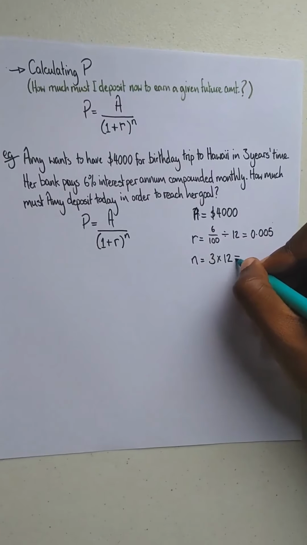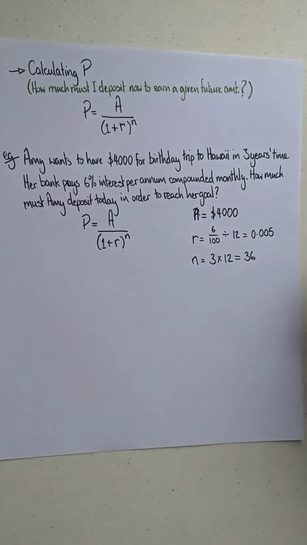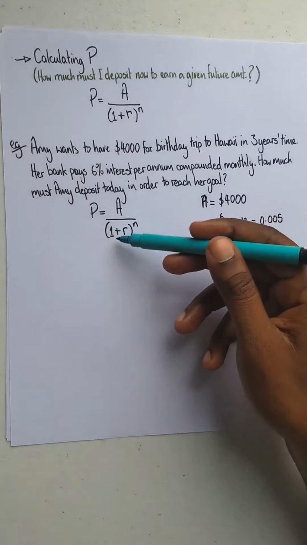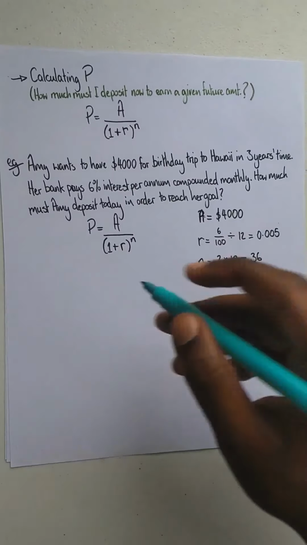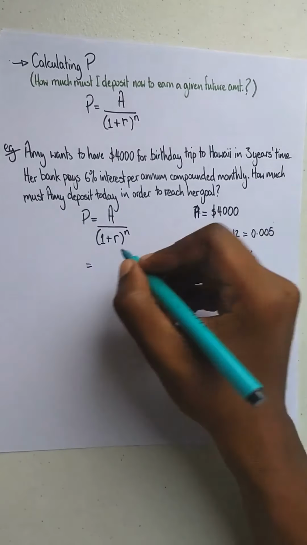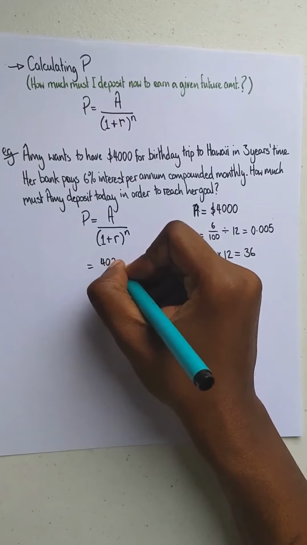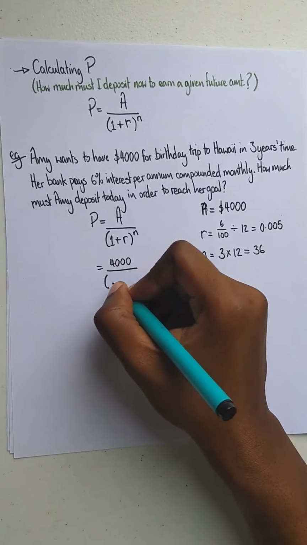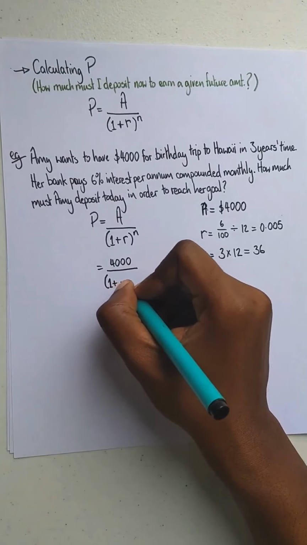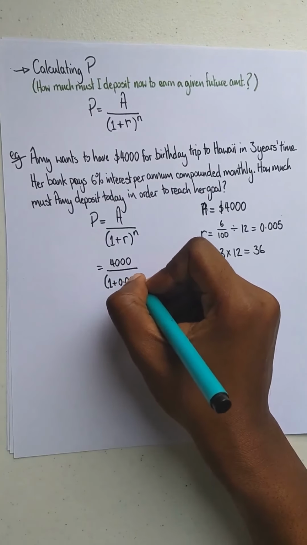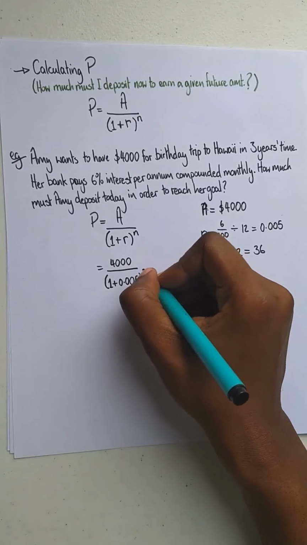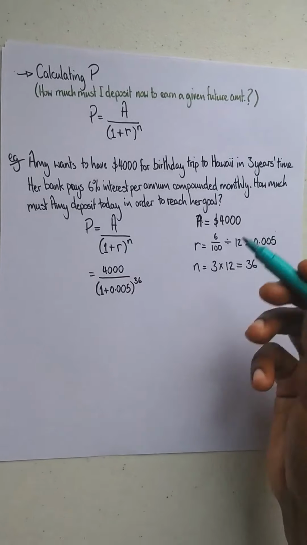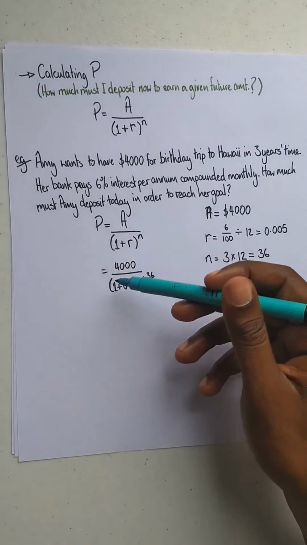And then we can simply replace the letters in our formula with the numbers that apply to this particular scenario. 4,000 divided by 1 plus 0.005 raised to the power 36. When you input that into your calculator, 4,000 divided by open brackets 1 plus 0.005 close brackets raised to the power of 36,